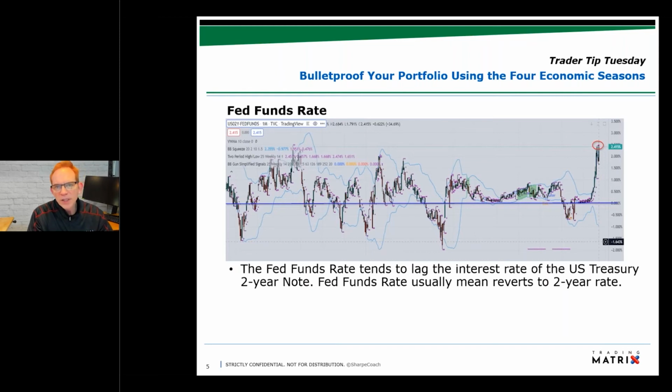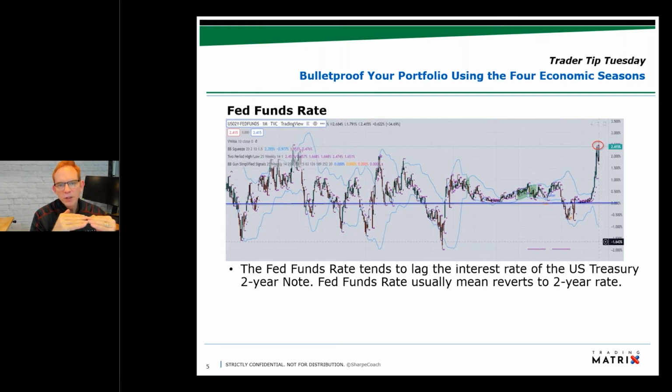Now, one thing I want to teach you is how do we know what the Fed should do? How do we know when interest rates are where they should be? So remember, the Fed funds rate, which is the rate that the Federal Reserve sets for banks to borrow and loan from each other and from the Federal Reserve. This Fed funds rate is set by humans. So there's politics involved, there's beliefs involved, all this sort of thing is going on.